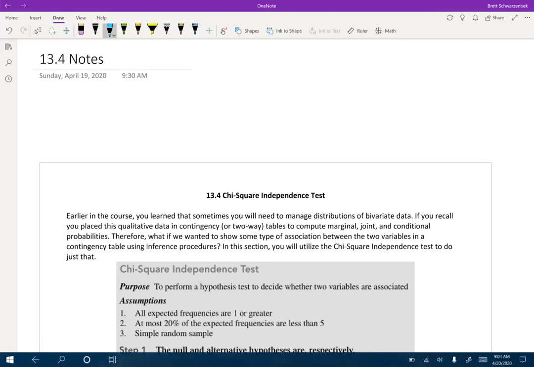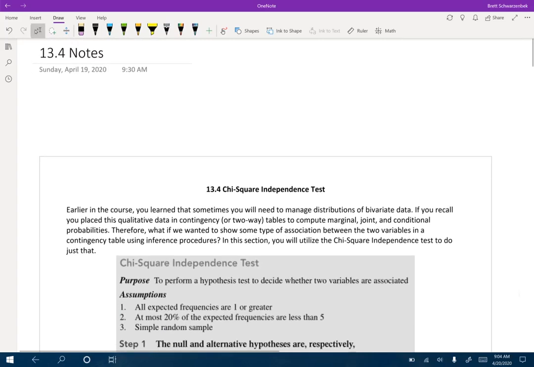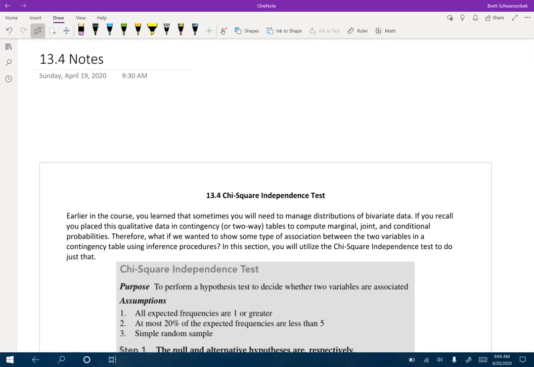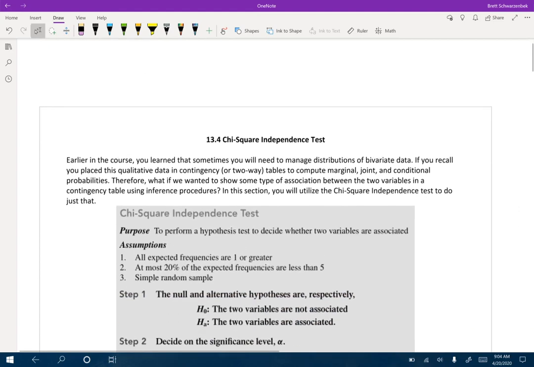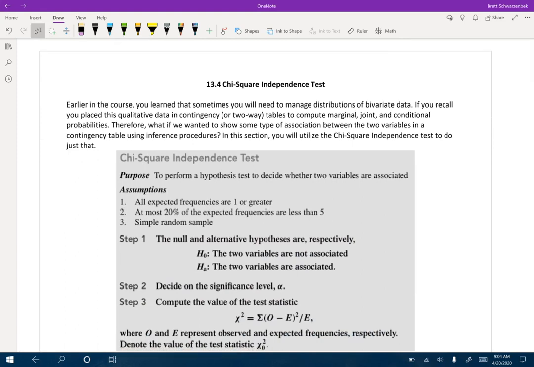Okay, this is the 13.4 notes for statistics honors, and this will be the last lesson of the semester. Note that we do not cover 13.3, so if you're looking for it, don't worry about that. We are sticking with our chi-square test, but this time we're going to be just doing one called the independence